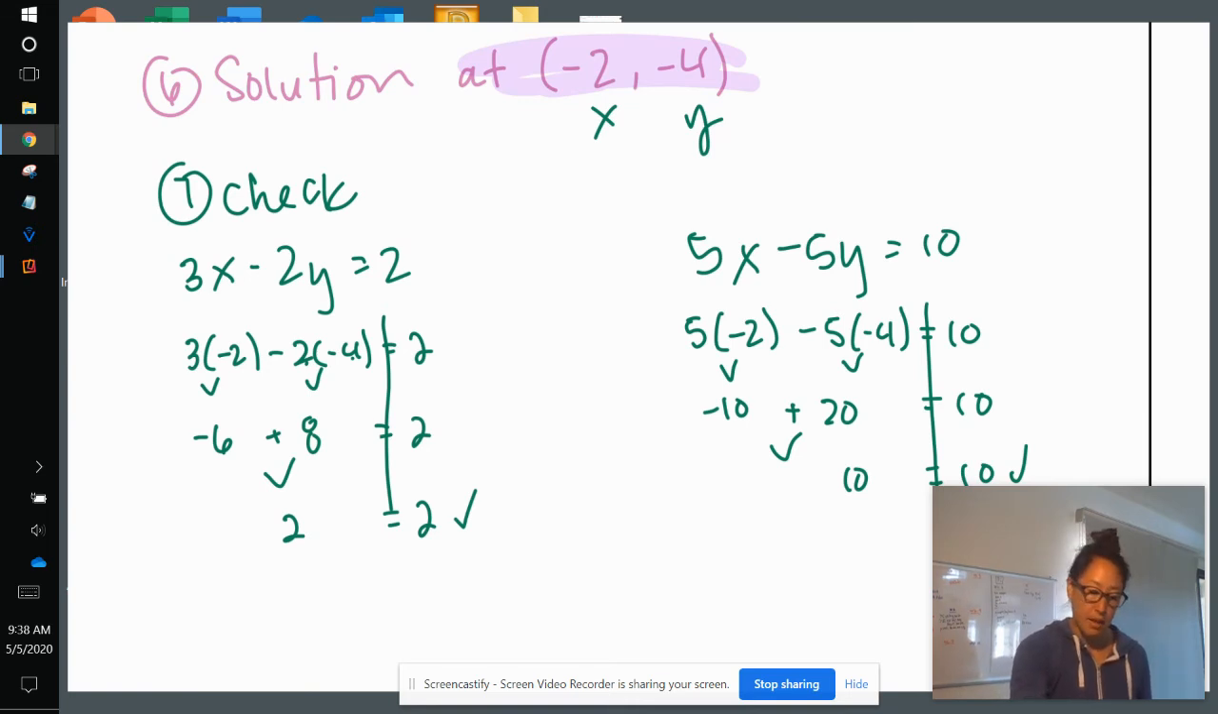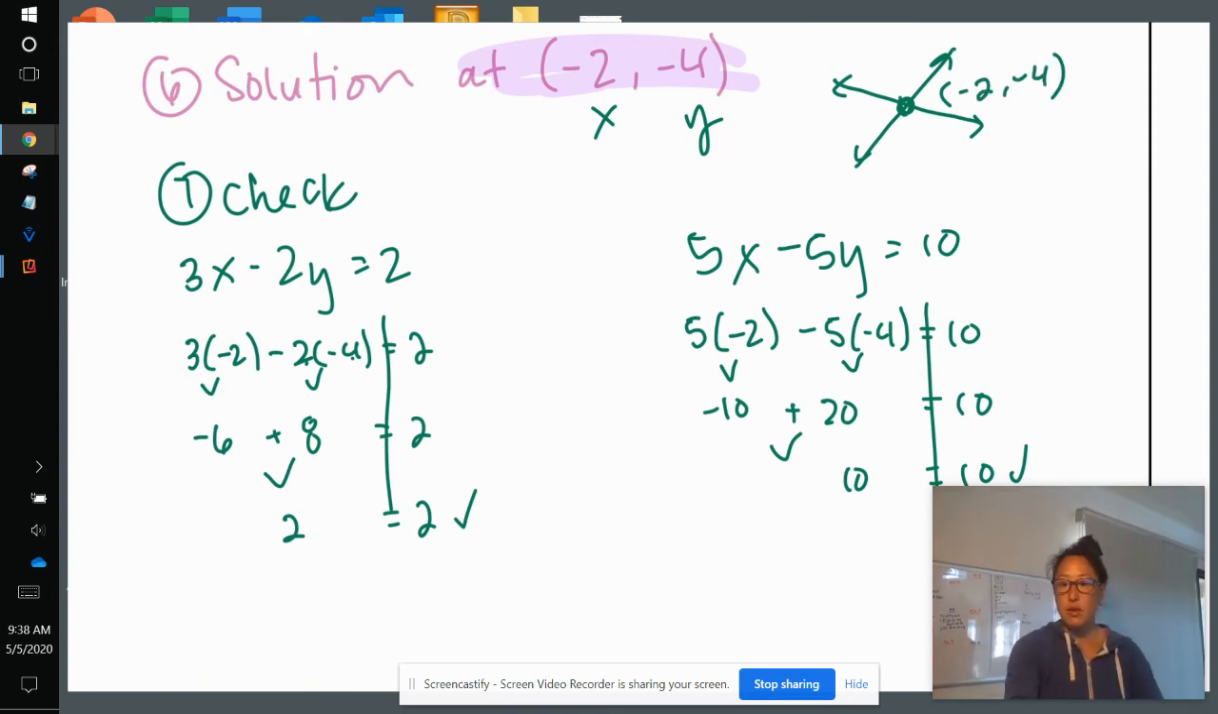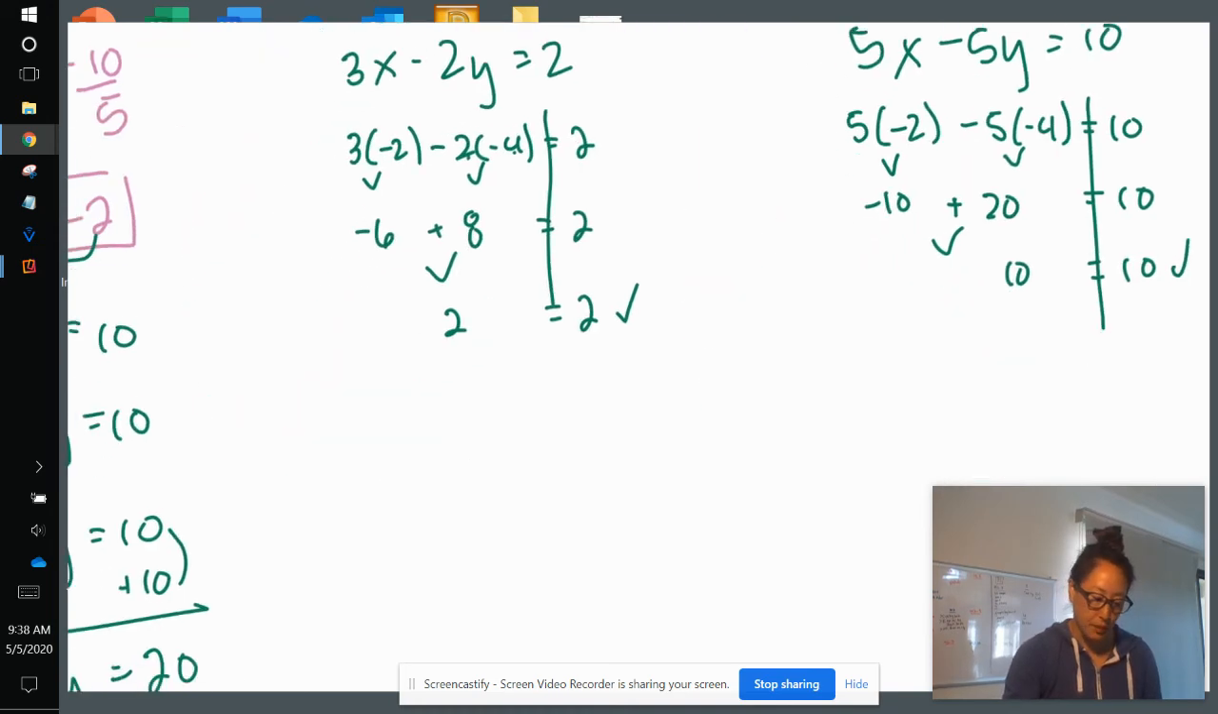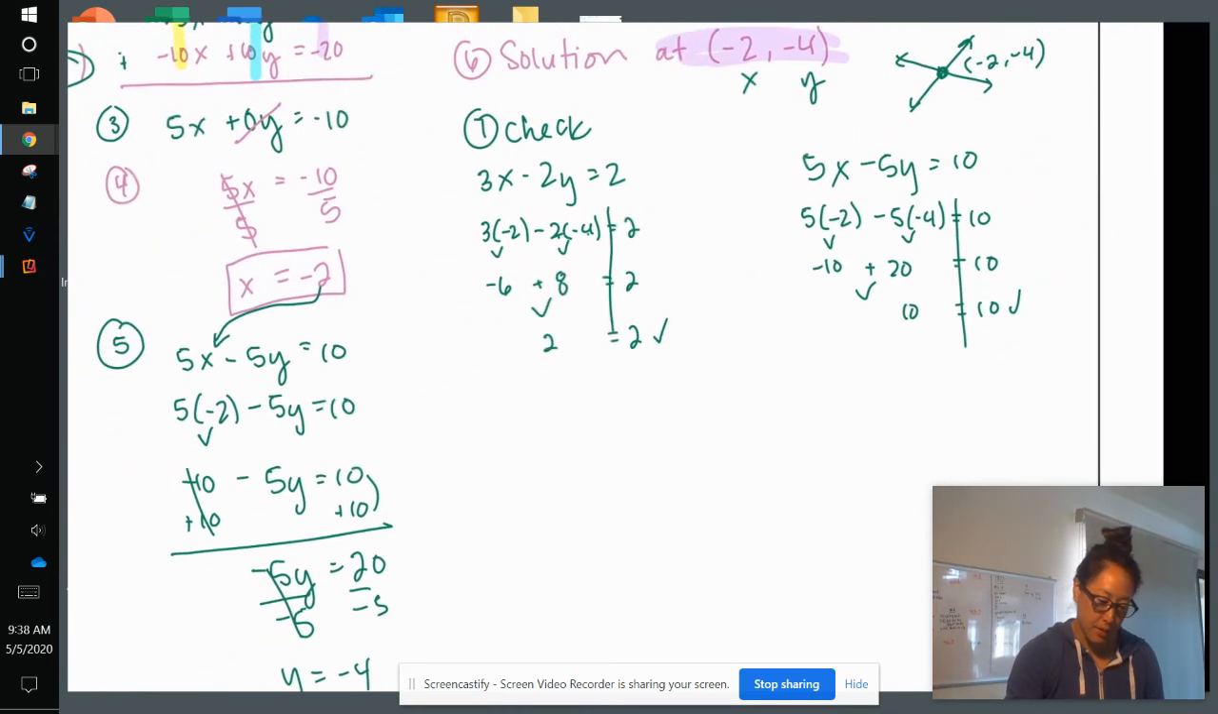system. It means that if I have a set of lines, the intersection point is going to be at -2, -4. Remember that point of intersection from solving by graphing. All right, here we go. Next up,